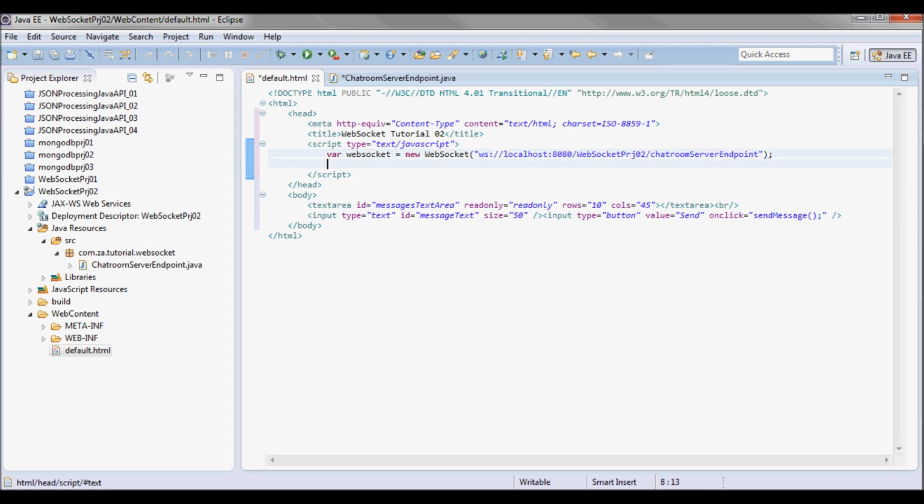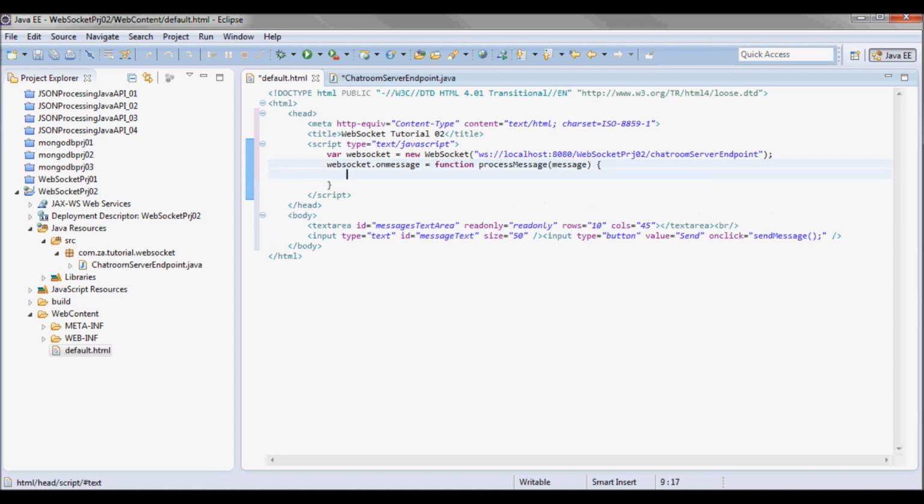And when a message comes in, so on the on message, I'm gonna trigger the process message function, and I'm gonna pick up the data that is in the incoming message and parse it as JSON, so that I'm able to pick up its contents.